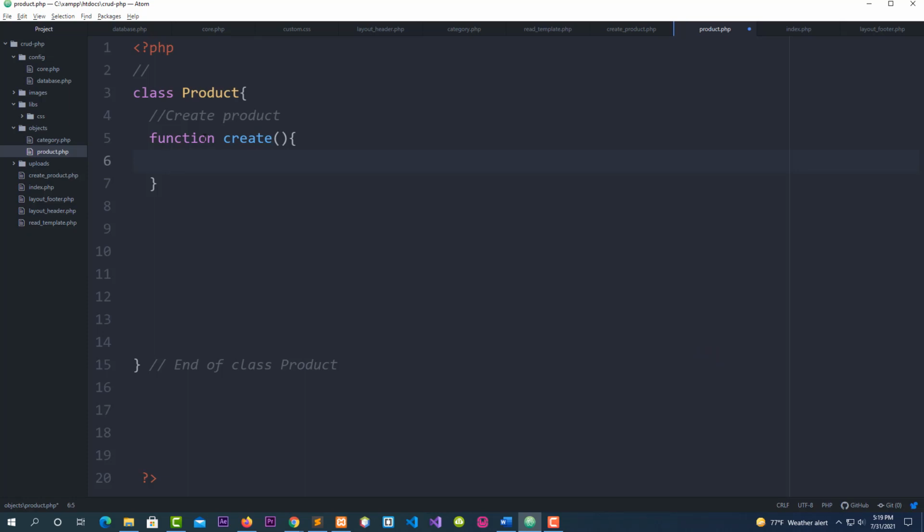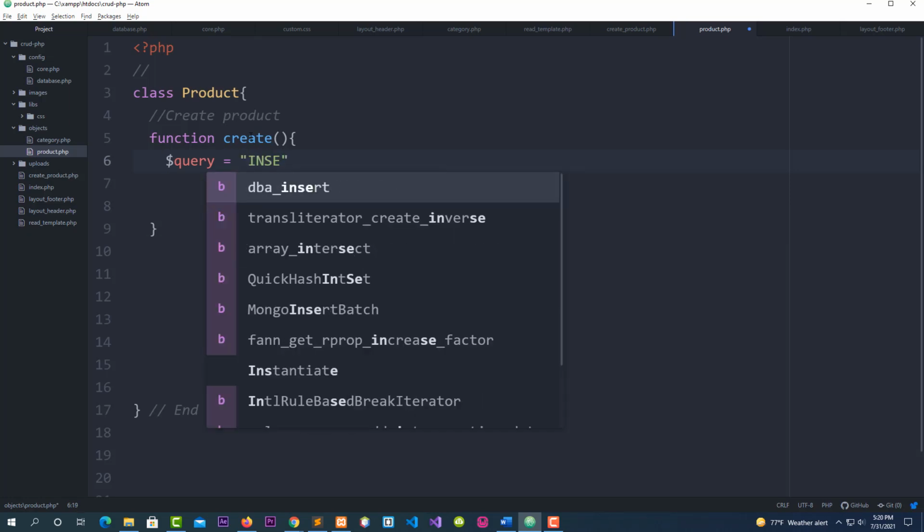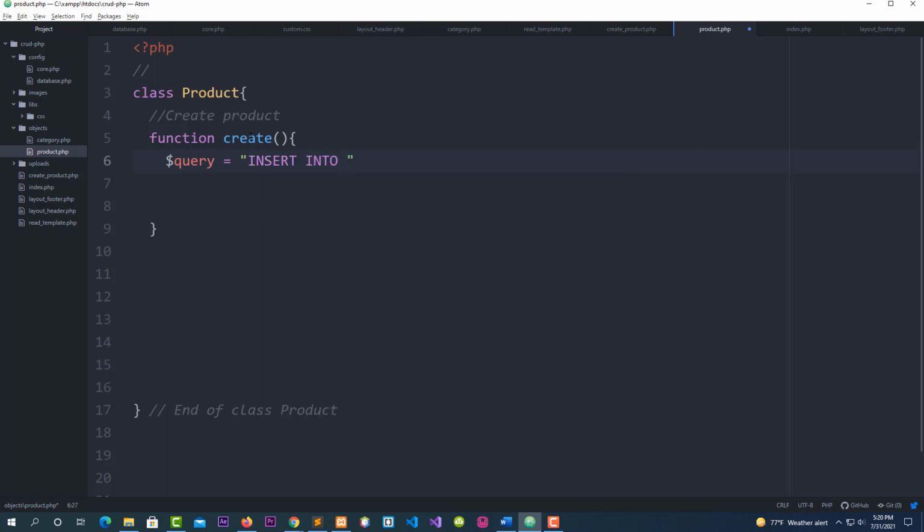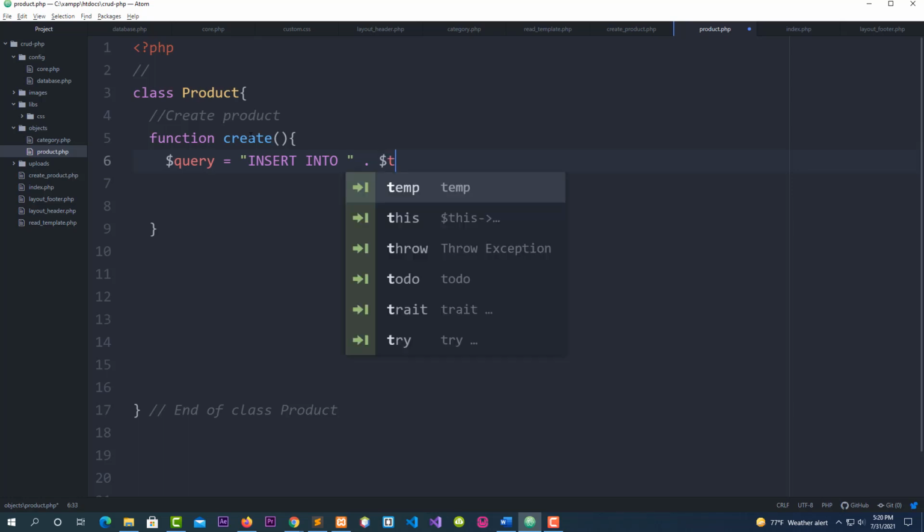Inside, this is where I'm going to add my image field. I'm going to use my query. I'm going to say query equal double quote. I want you to insert for me, insert into, like this, and after the closing double quote, space, that space, and dollar sign